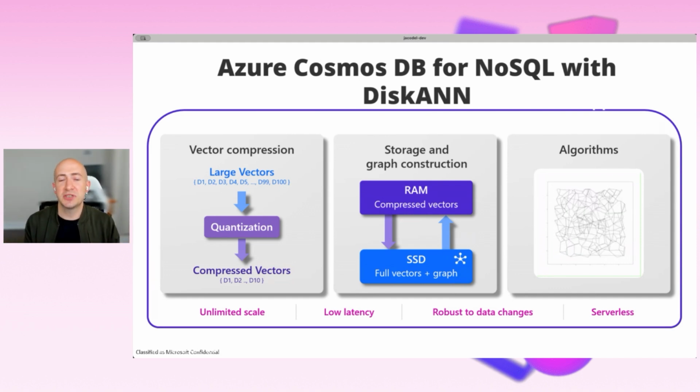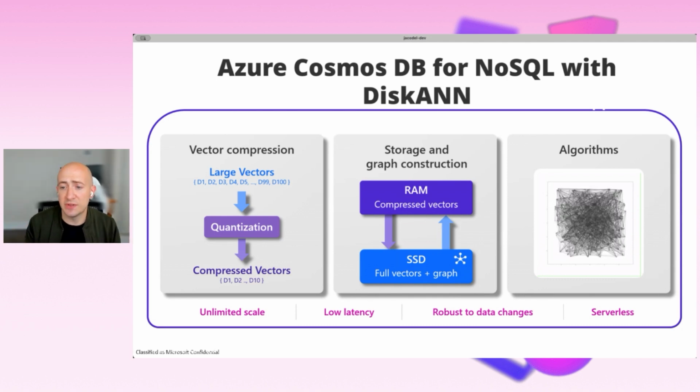And then we leverage the scale-out architecture of Cosmos DB and the high-speed SSDs to store the full vectors and graph there. And DiskANN, as I mentioned, is a state-of-the-art suite of vector indexing algorithms developed at Microsoft Research, and we're bringing it to you for the first time in a Microsoft product. And you can take advantage of everything that Cosmos DB is built on, right? The unlimited scale, low latency,